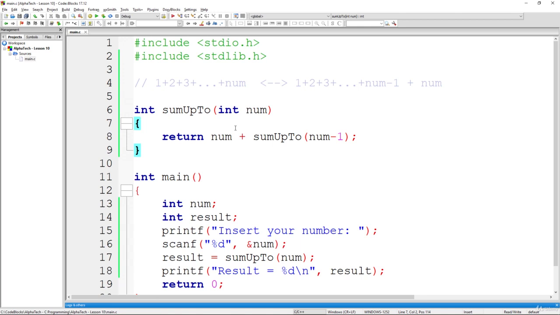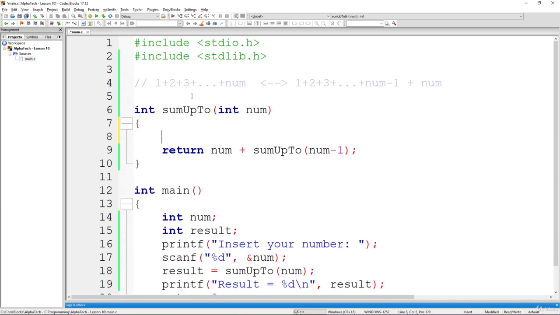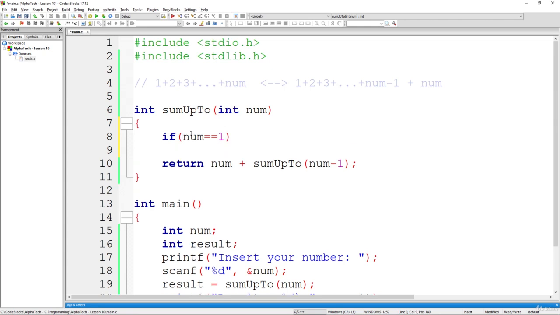We know that in a recursive function there should be some base case, some stopping condition that tells us when we should stop the recursive calls. In this case, it will be simply when the given num equals 1, because it's straightforward that sum up to 1 is just 1. We will use this condition: if num equals 1, then we know there is a trivial result that we can return from this function, and it will return